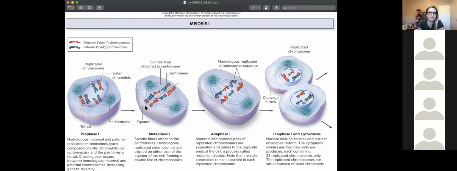But here in prophase 1, the homologous pairs are going to find each other, come kind of close to each other. And when they do this, we say that they form a tetrad. The prefix tetra is 4, okay? And it's 4 because when you look at these legs, if you were to split the tetrad into individual single chromosomes, you would have 4. Okay, so let me see if I can